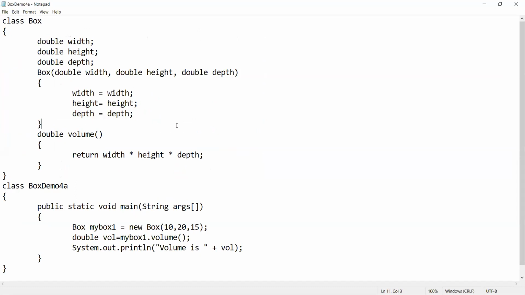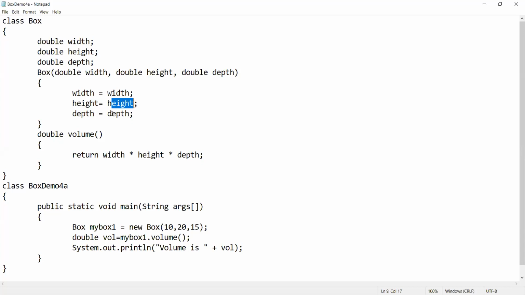Now there is a confusion. Which one is our instance variable and which one is the local variable? This width, height, and depth are our instance variables, and these are the local width, height, and depth.